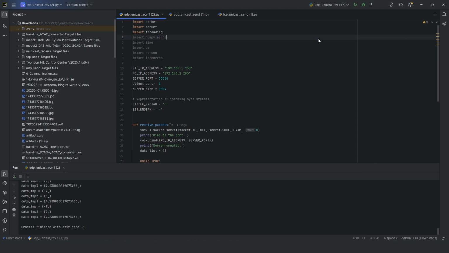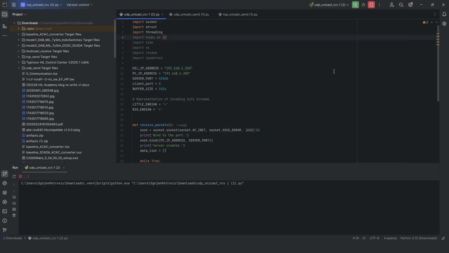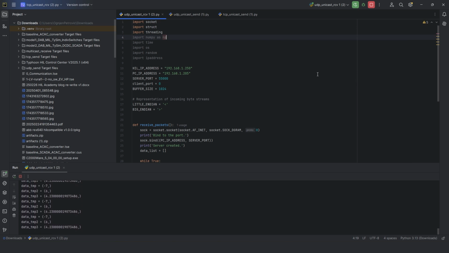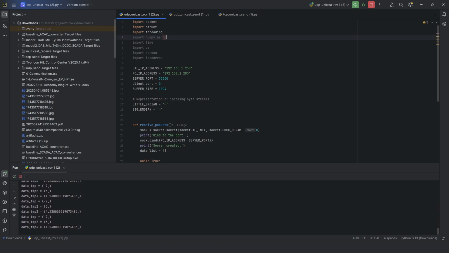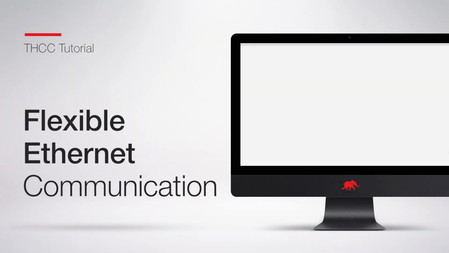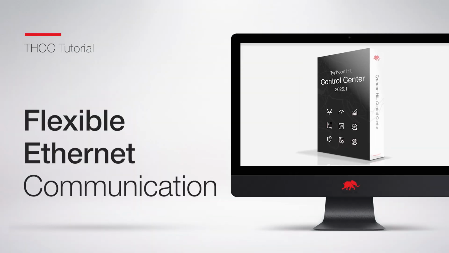Of course, if your application requires communication with clients and servers on different local send and receive ports, you can achieve this by including multiple instances of UDP send, UDP receive, and UDP multicast components. Please note that flexible Ethernet communication isn't available on Virtual HIL or Typhoon SIM, as they require real-time interaction between the message sender and receiver. When using a non-real-time environment, inputs to this component will be discarded and outputs from this component will be zeroed.